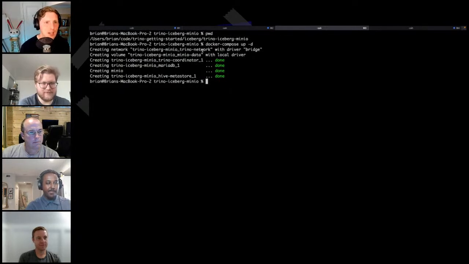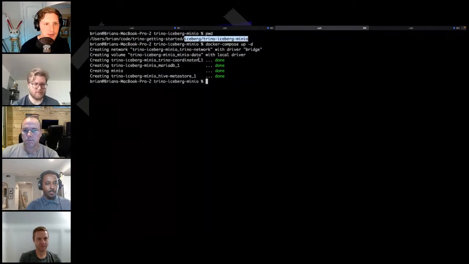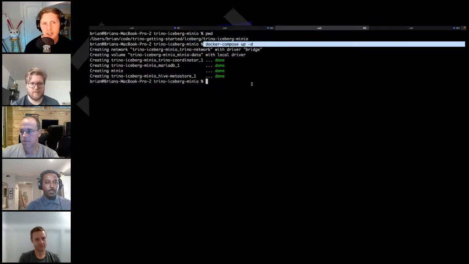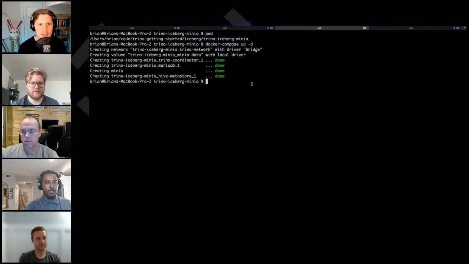So this is coming from the Trino Getting Started repo. I already pulled up this repository and go into the Iceberg and the Trino Iceberg MinIO demo. And then you'll just run docker compose up -d. You have to have Docker installed. It's super easy if you're on Mac and Windows.